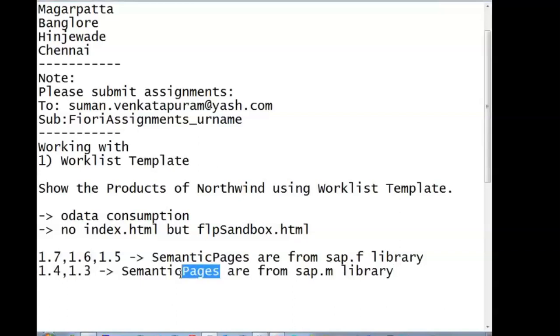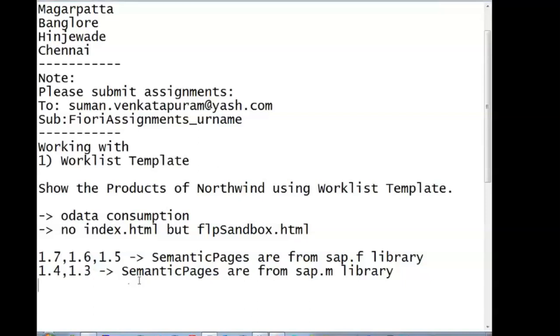Semantic pages are synonymous to the pages which we had in the SAP UI5 application template. In the view, we have pages, and here in the templates, we have semantic pages. So in the API reference, check the differences between normal pages and semantic pages.